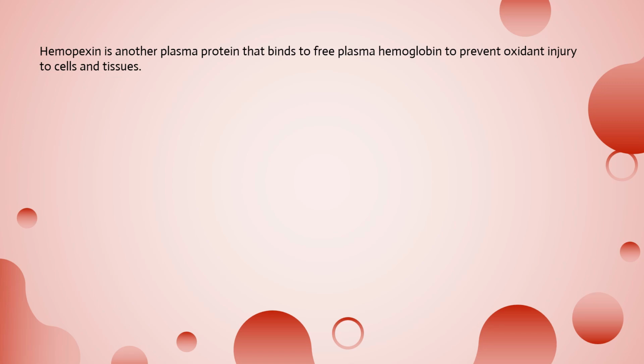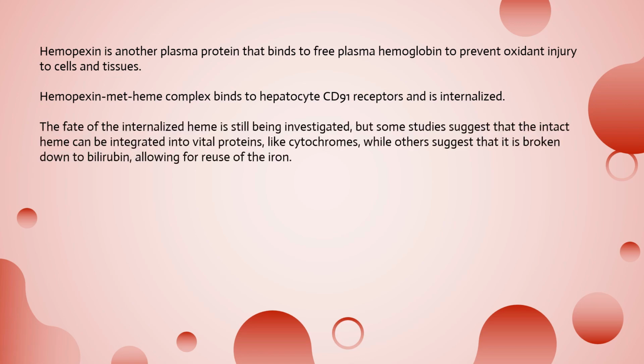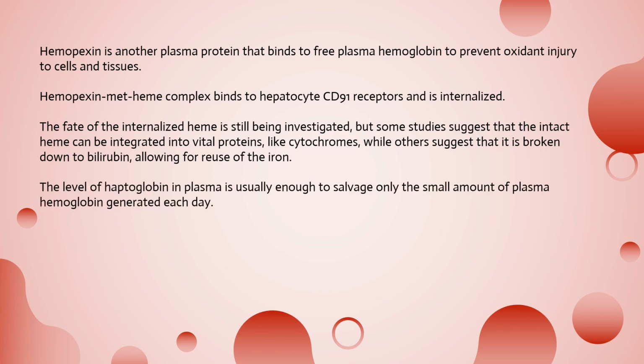Hemopexin-metheme complex binds to hepatocyte CD91 receptors and is internalized. The fate of the internalized heme is still being investigated, but some studies suggest that the intact heme can be integrated into vital proteins, like cytochromes, while others suggest that it is broken down to bilirubin, allowing for reuse of the iron. The level of haptoglobin in plasma is usually enough to salvage only the small amount of plasma hemoglobin